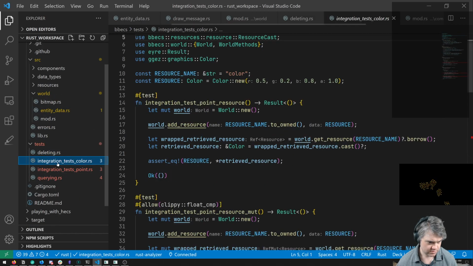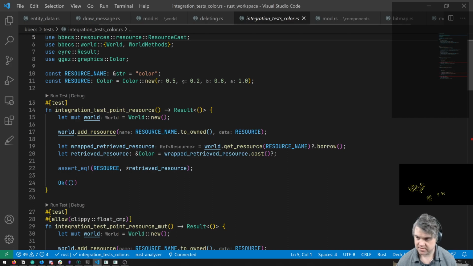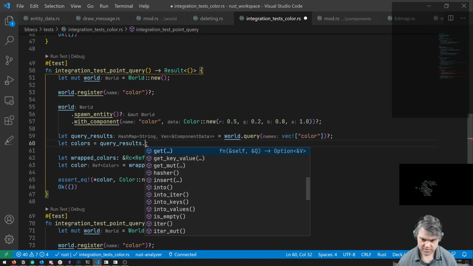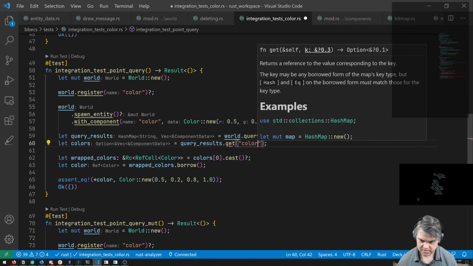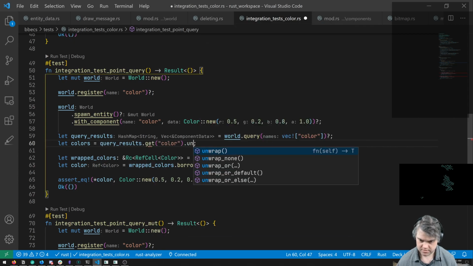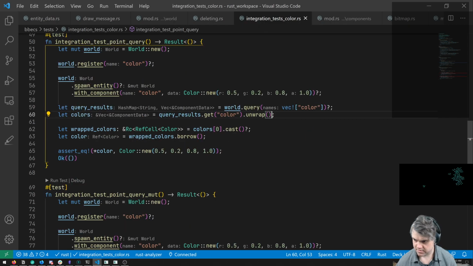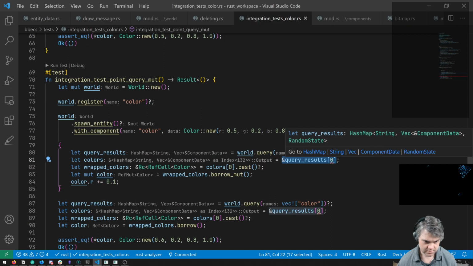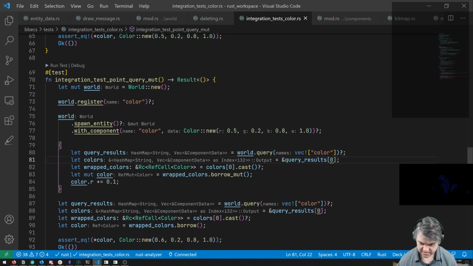Okay, so integration tests. More integration tests. Okay, so let's get color. Okay, this is the more colors.